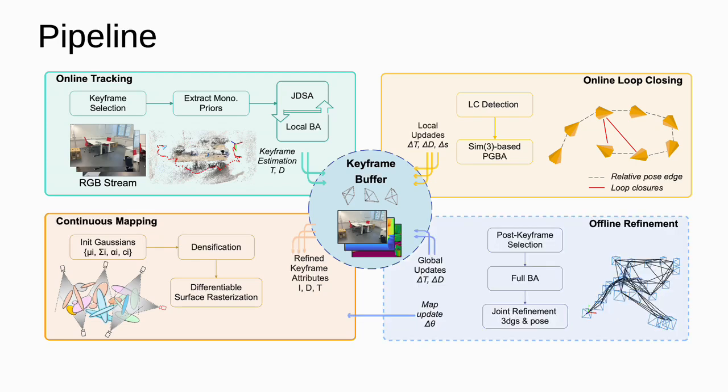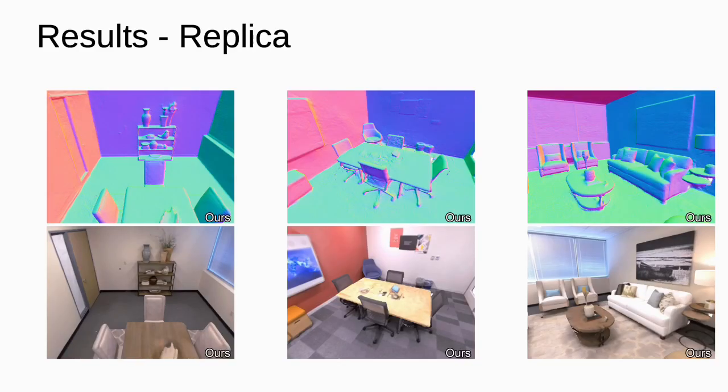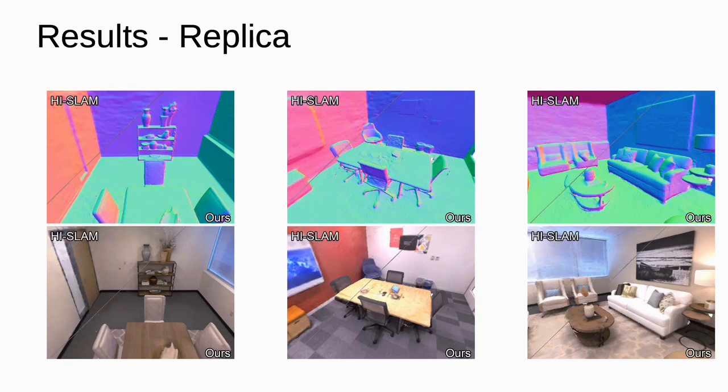Final refinement is an offline step that further improves overall accuracy. It performs global bundle adjustment and jointly refines camera poses and the Gaussian map using all collected keyframes, producing the most precise reconstruction. Now let's look at the results of HI-SLAM2, starting with the synthetic Replica dataset, which provides photorealistic